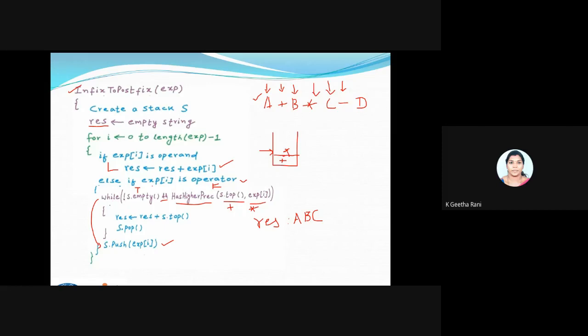Checking for the condition here, my stack is not empty, because I'm having two operators there. So it's going to be true. Now check for the higher precedence. Here my top value will be, one second guys, I'll try to erase it.